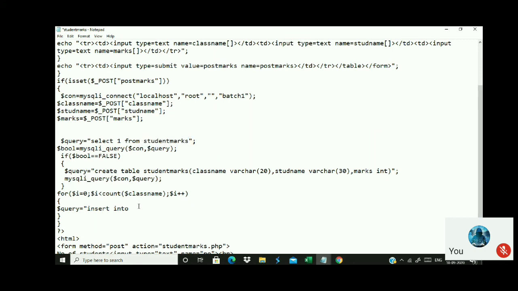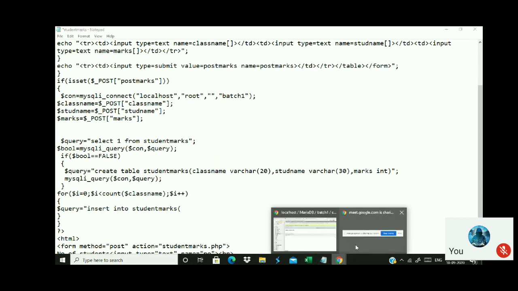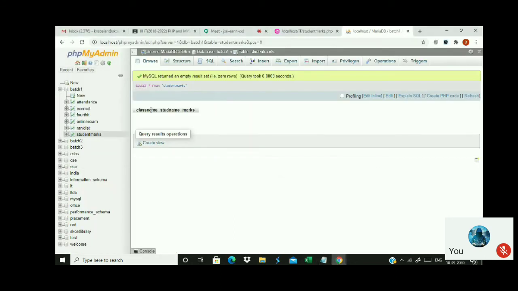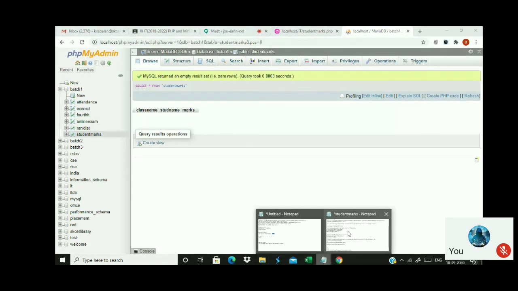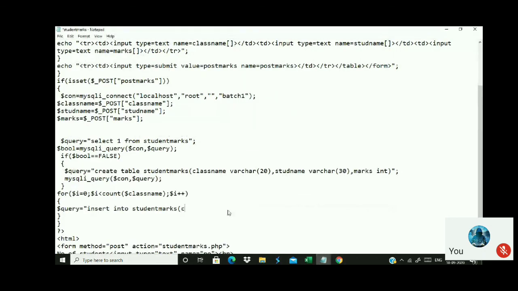Inside student marks, what are the fields I have to insert? The first field name is class name, the second is student name, and the third one is marks.